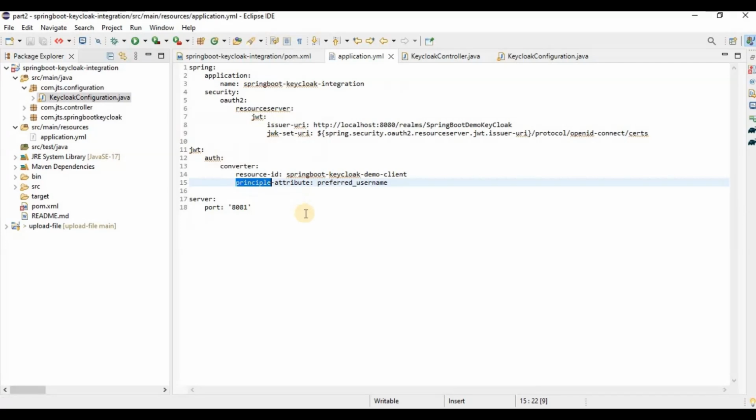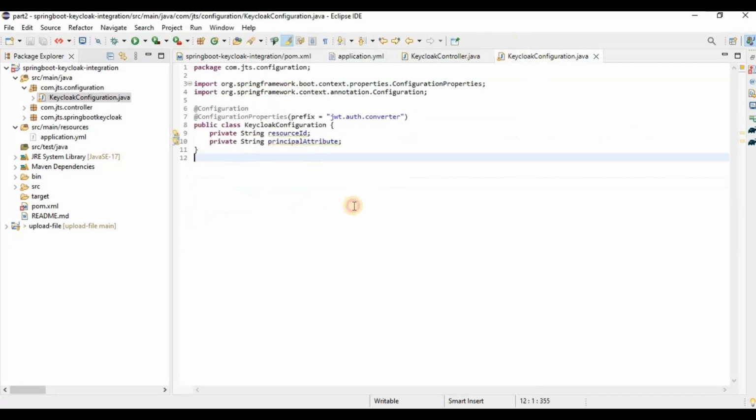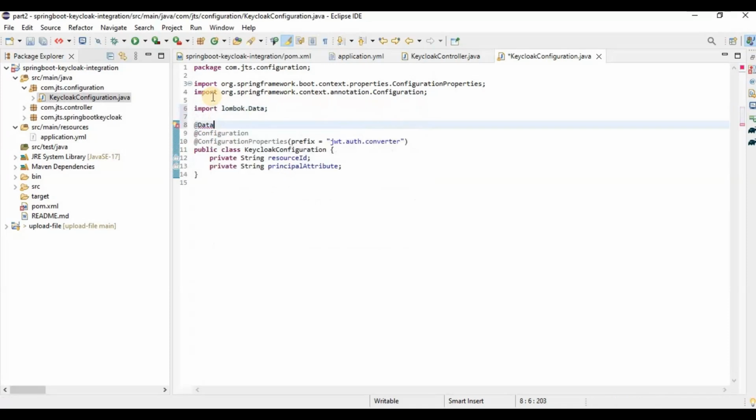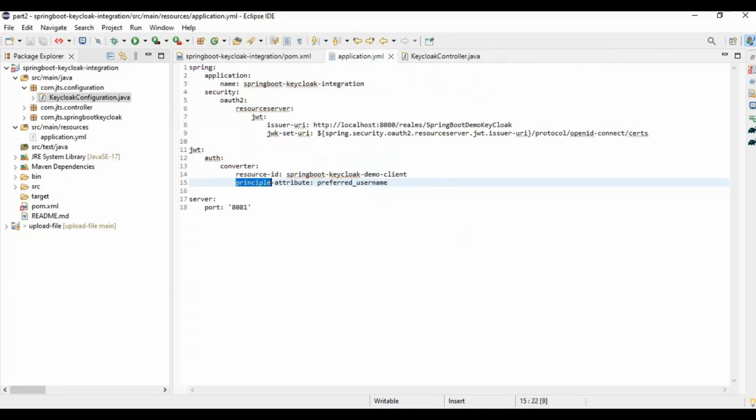This principal attribute. Okay, so this configuration-wise we're done, and here basically we're going to use another annotation which is related to Lombok, so that we are not going to use any kind of getter and setter. So this is the thing for this one. Okay, so configuration is done now, and next we are going to create one security configuration,